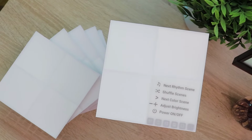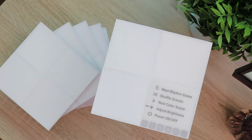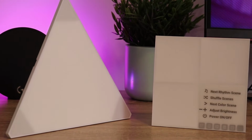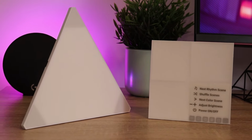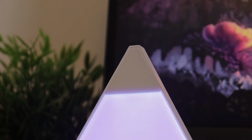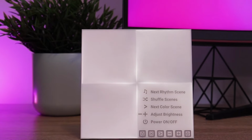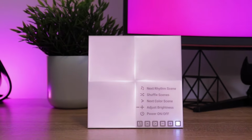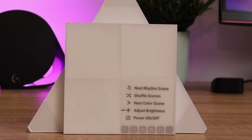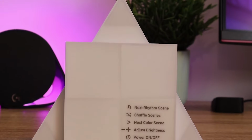Nanoleaf Canvas is a set of square-shaped light panels that can be connected to form different larger shapes. While Canvas panels are smaller than the Nanoleaf triangle-shaped ones, their illuminated surface is roughly the same. This is because each triangle has these small, non-illuminated protrusions, while the entire surface of the canvas panel is illuminated with no extra material to speak of. This fact, along with the square shape of the panels, makes the canvas much more appealing and somewhat easier to